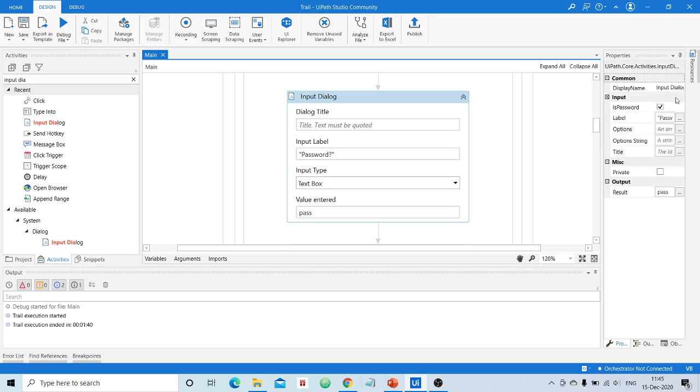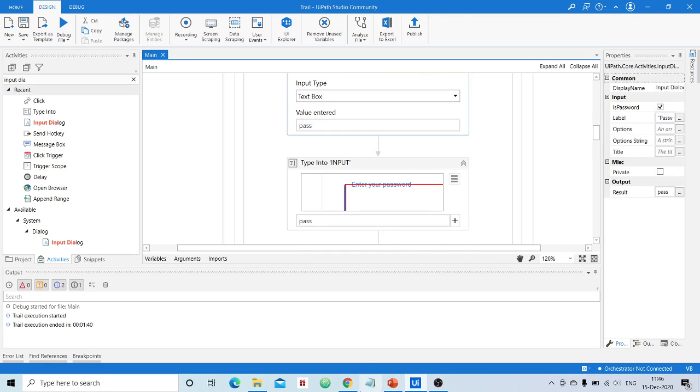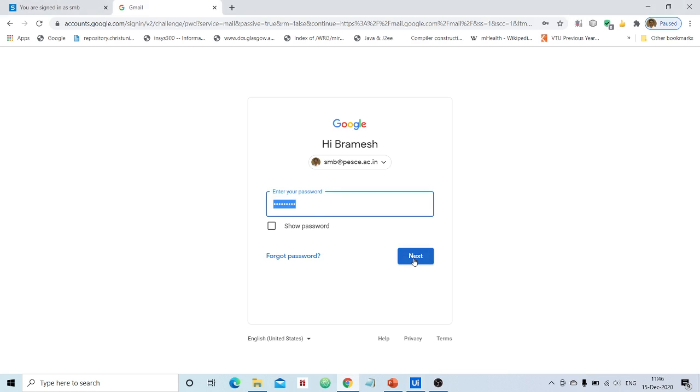If you tick this, then the value entered in that dialog box by the user will be hidden. Otherwise it will be displayed. Clear? So make sure that for the password field, the property called is password should be turned on. Clear? Now when the user enters the password, and when the user clicks next, there will be some